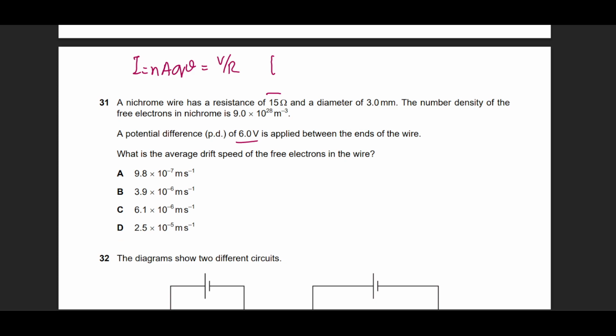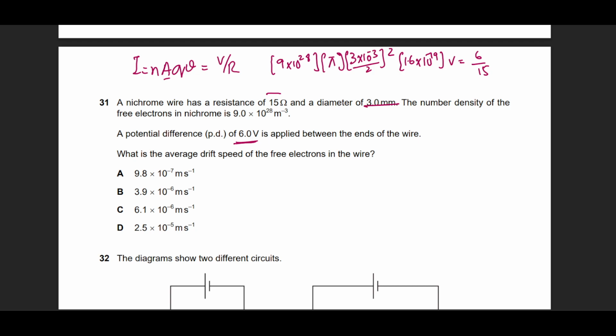Which is 9, right? So 9 into 10 raised to the power 28 into the cross-sectional area, which is also given to us, I think, in the question. Is this given to us? Yeah, it's given to us, the diameter. So pi into 3 into 10 raised to the power minus 3 divided by 2 whole squared. So this is the cross-sectional area. Charge has a constant value of 1.6 into 10 to the power minus 19. V is what we need to find out, equal to V divided by R, voltage divided by resistance, which is